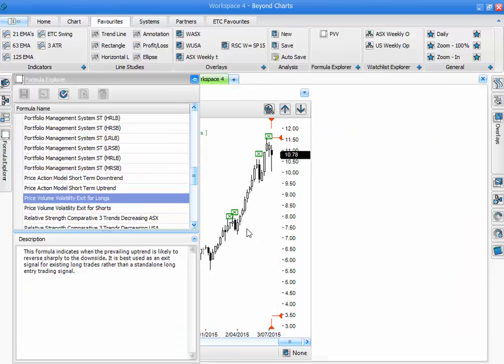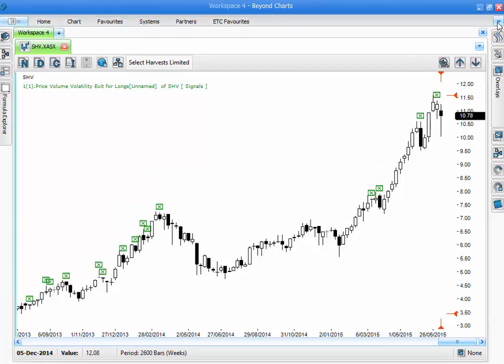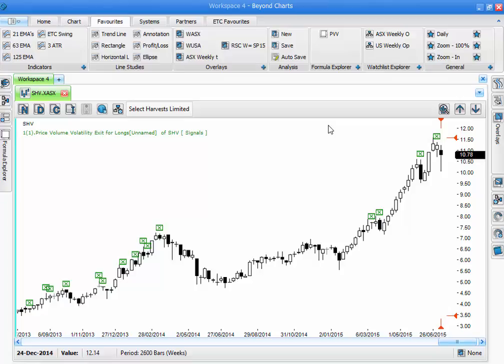All right, let's unpin that so we've got the whole chart now. Now, in terms of this Favorites ribbon up the top, I can actually make this disappear, and there's a little arrow at the top there that says minimize the ribbon. There we go. And if I want the ribbon to appear again, I can just click on the little down arrow and it reappears. And the other thing that I really think is necessary to add to your Favorites tab